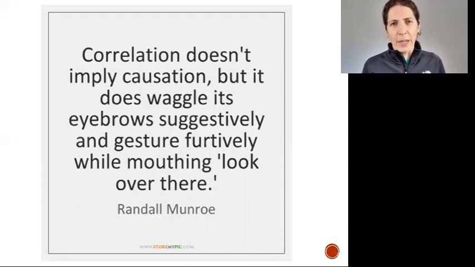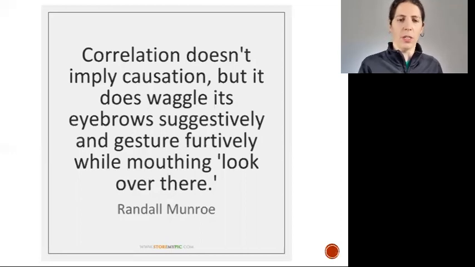So now I'm going to pick on an example of a paper that was written by my friends. So the authors are my friends. I think it's a very good paper. I'm going to pick on it just to make a point, and this is not at all to single them out. Many, many authors use language like this. I just want to point out how easy it is to kind of slip back and forth between association language and causal language.